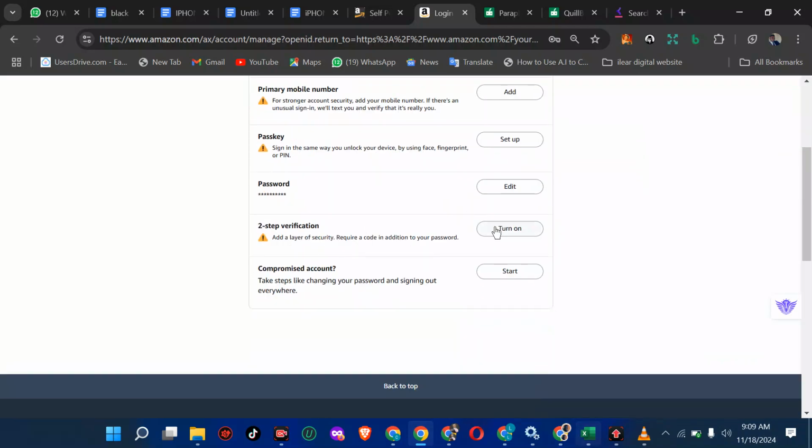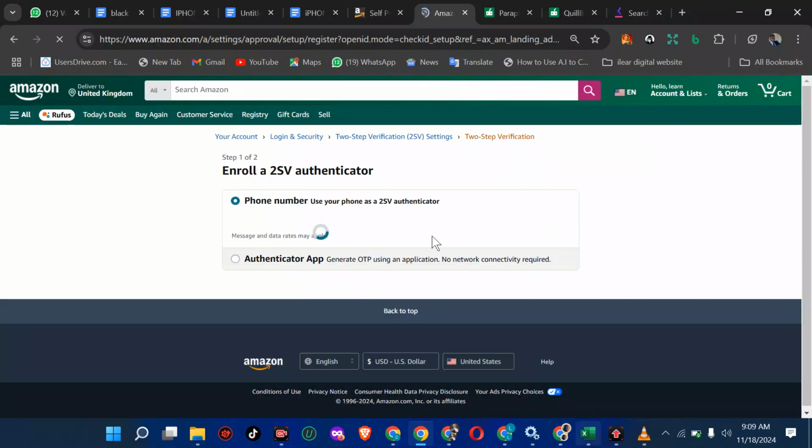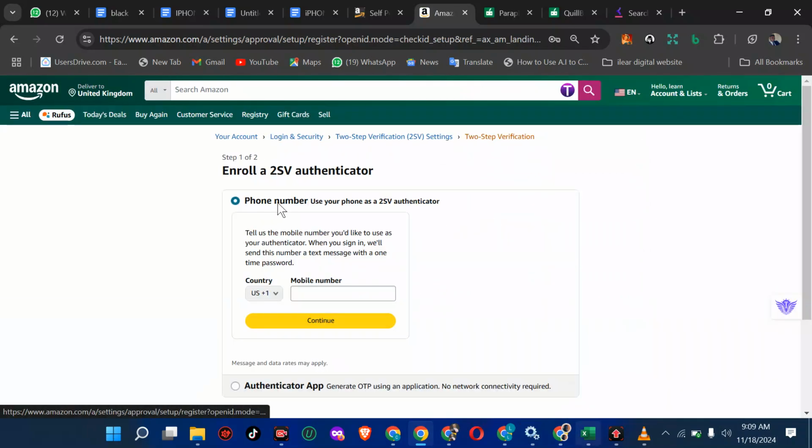You can see no one is here. So I'm going to click on turn on. When I click on turn on, the next thing they will ask you is phone number. Please, I advise you don't use your phone number because sometimes your phone number might not receive it, especially if you're from an African nation. Yes, an African nation like Nigeria, Ghana. I just advise you go straight to the